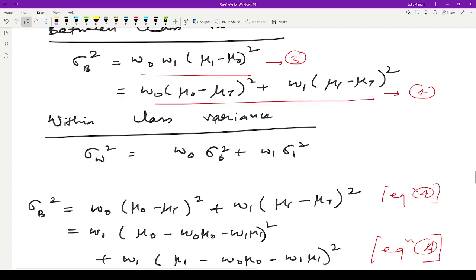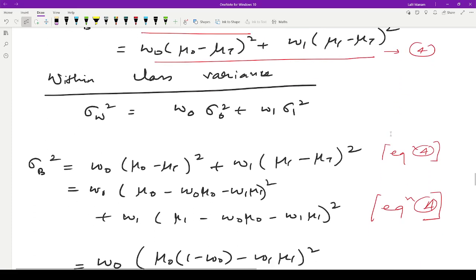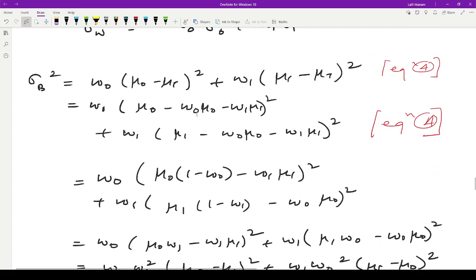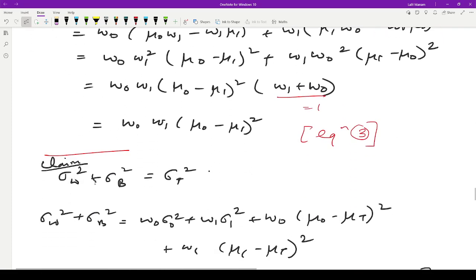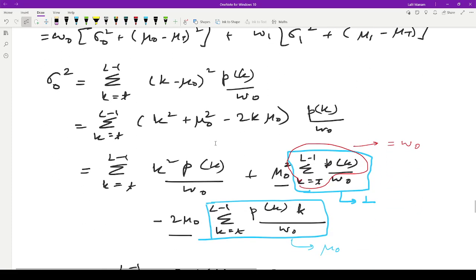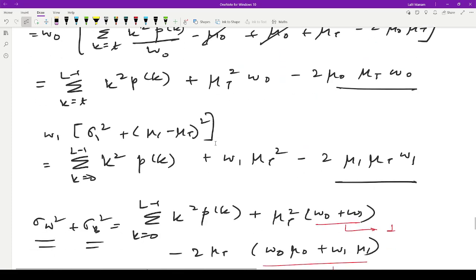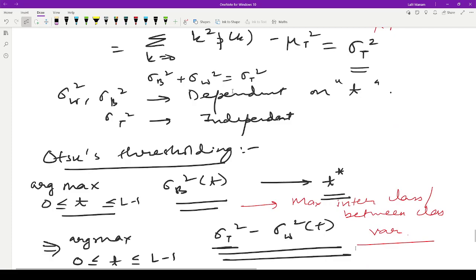Given these two, we first made an equivalence between equation 3 and 4, which was just simple algebraic manipulation by using the value of the total mean intensity value, and then we tried to relate the within class variance and between class variance. Once we get this relation, that these two sum up to the total variance sigma t squared, we just